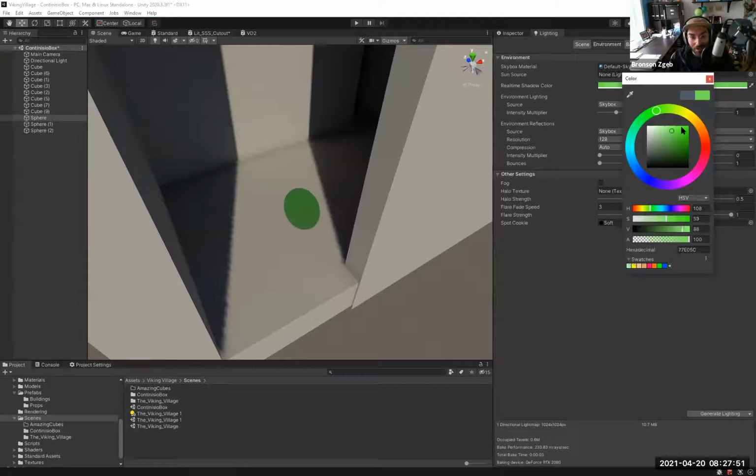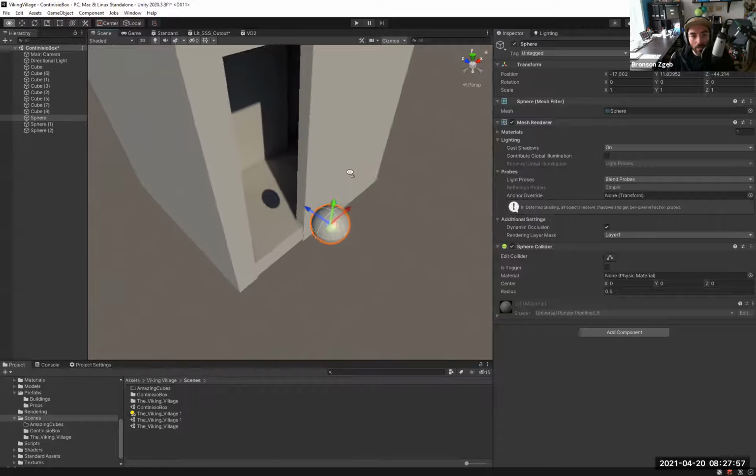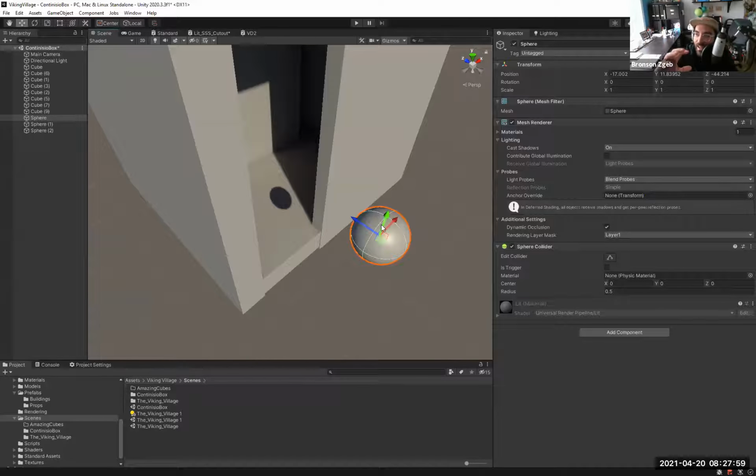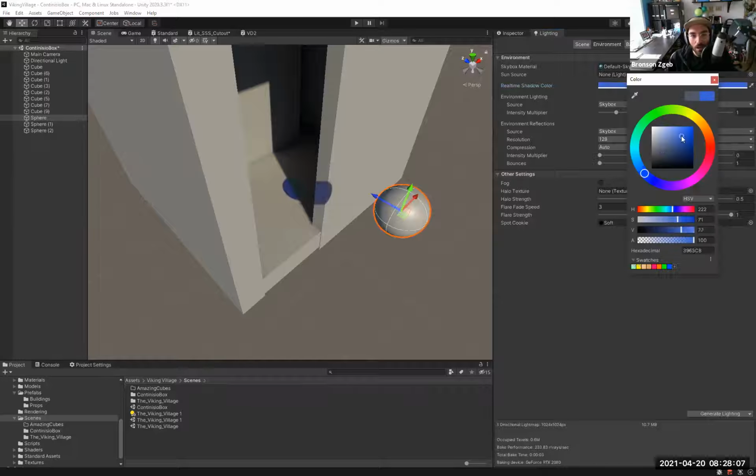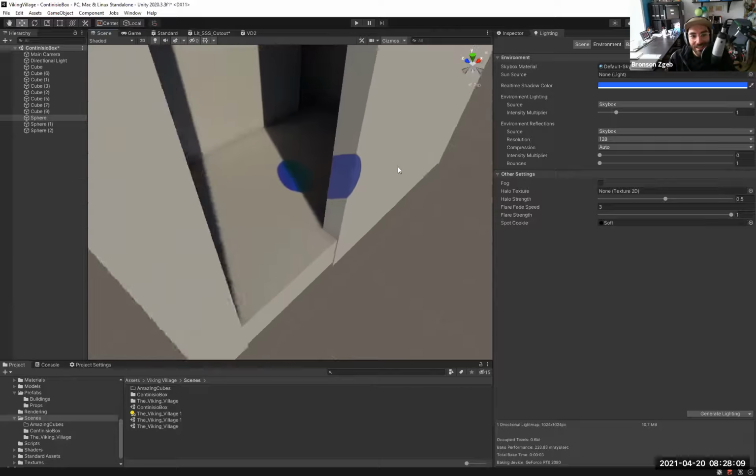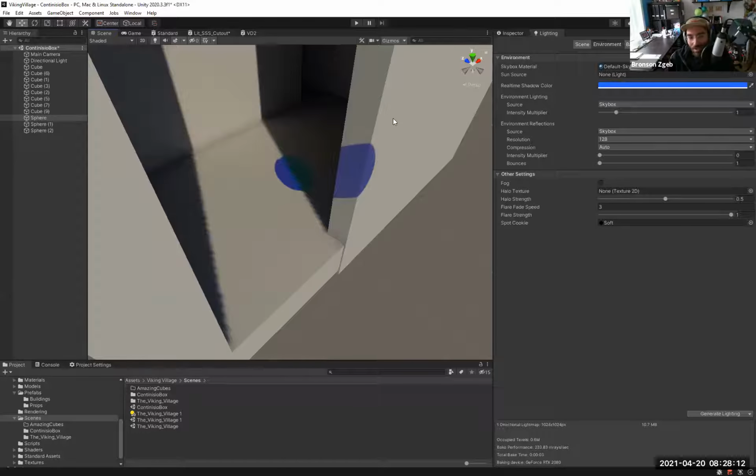it lerps that shadow color to the one that's set here. So what you end up having to do, it basically takes that shadow, it stamps it onto your static objects, and it goes to the color that you set in your settings. So you end up with a bit of weirdness here, trying to match the colors together and make it work.